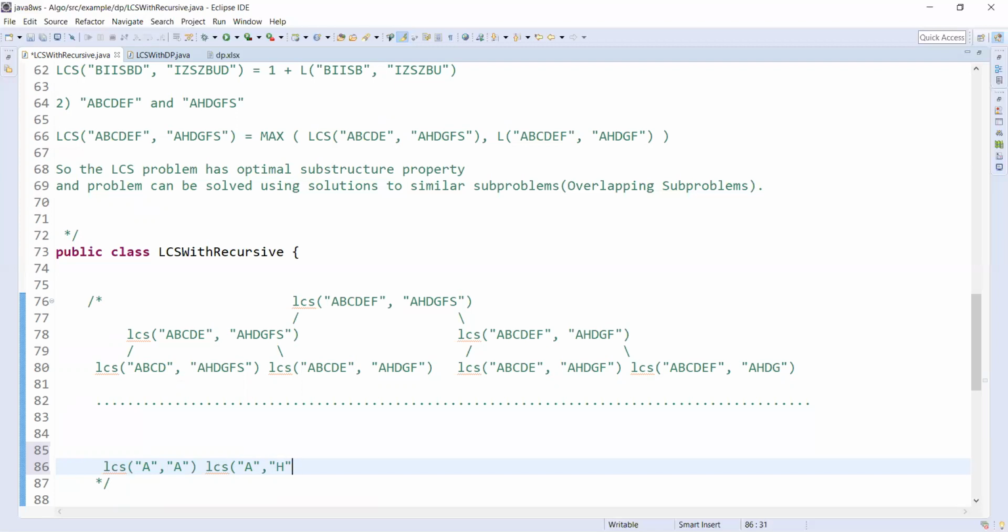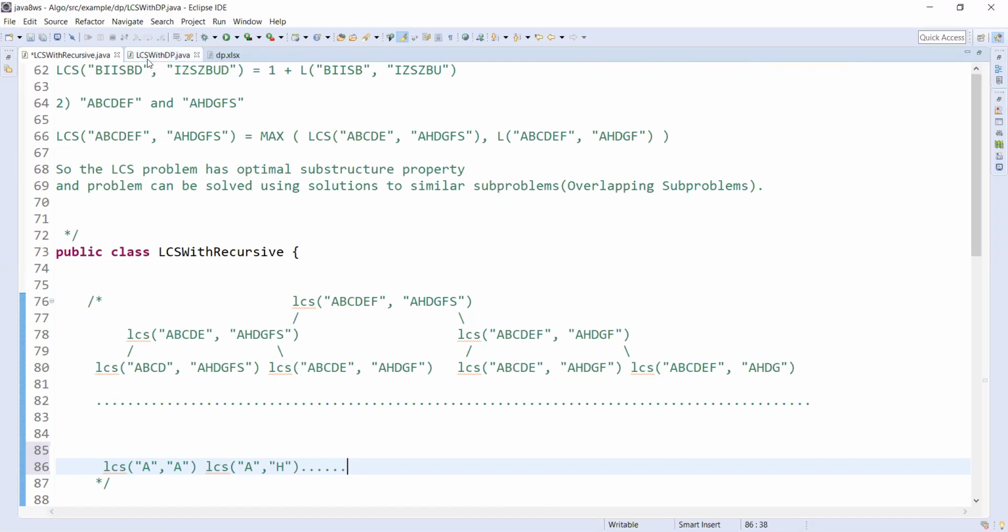Likewise, we need to calculate them. So in the bottom-up approach, whatever we need, we first calculate and then store the results in the table and use them in the next calculation. That is the bottom-up approach.